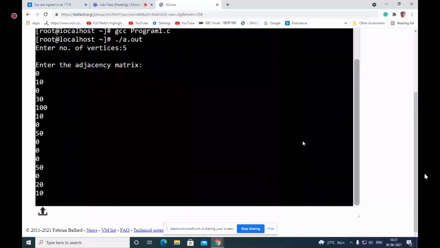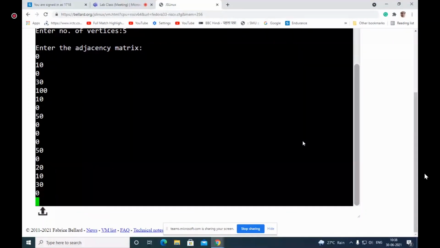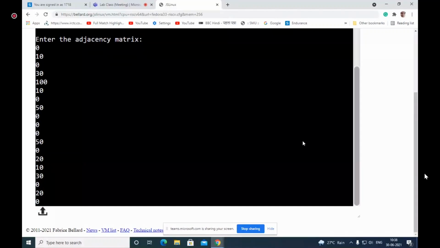Now the third row: 3 to 0 is 30, 3 to 1 is 0, 3 to 2 is 20, 3 to 3 is 0, 3 to 4 is 60.